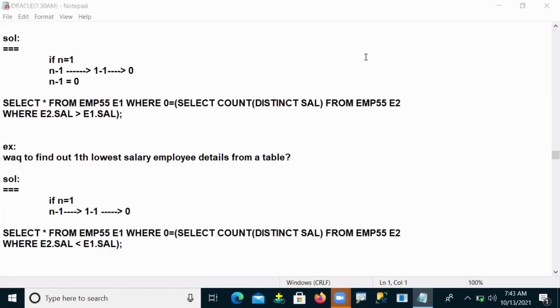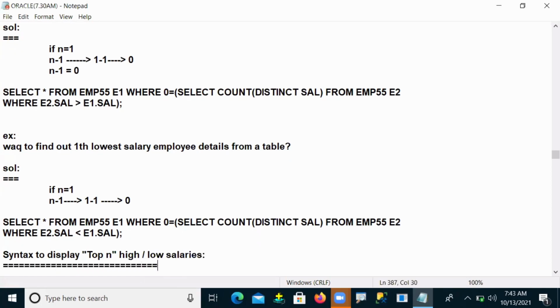So yesterday we started correlated subqueries, and in correlated subquery, how to find out your nth highest salary. In the same way, here by using correlated subqueries, we can find the syntax to display the top n highest or lowest salaries.